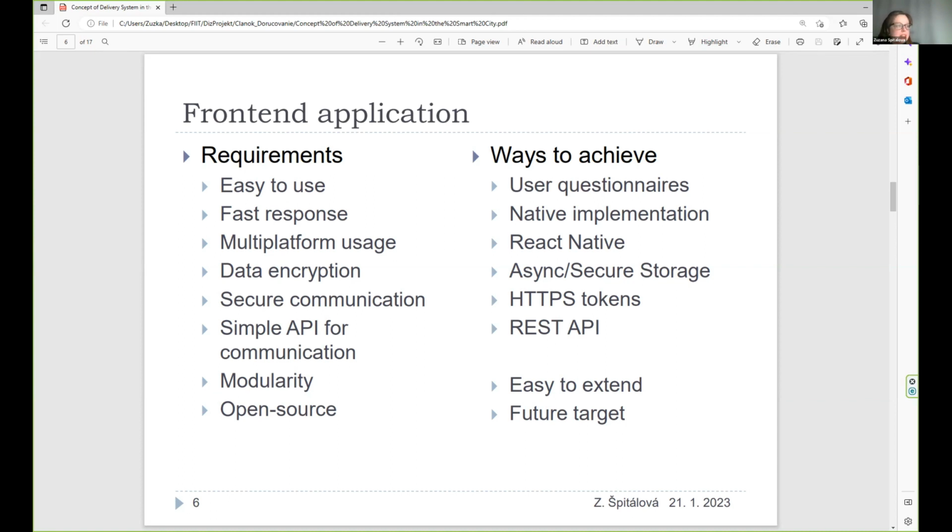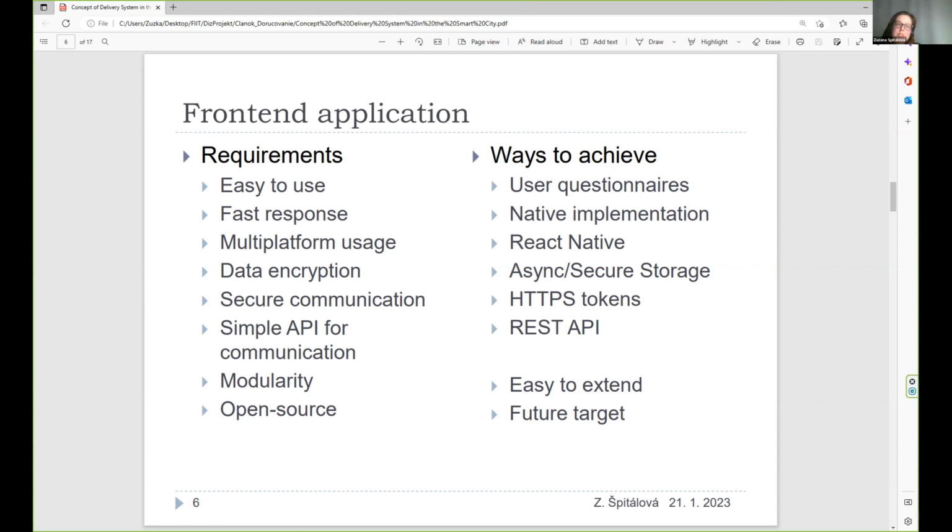And the other requirement is secure communication. This is achieved by HTTPS tokens during the authentication. So this means that after login, there is the access token necessary for authorization. And during this login, it's gained. And this token has two parts. It's the access token and the renew token.